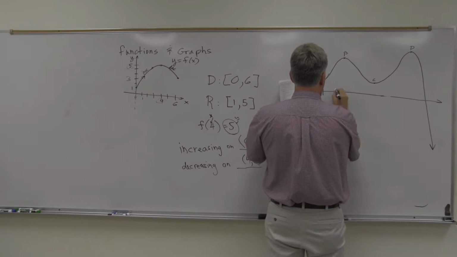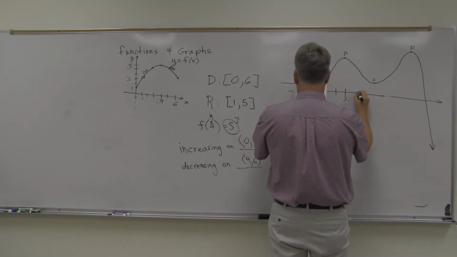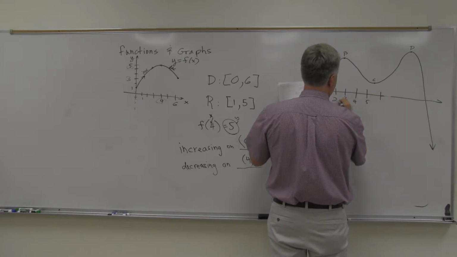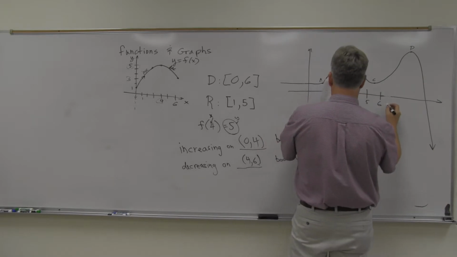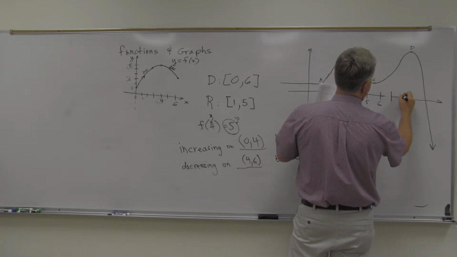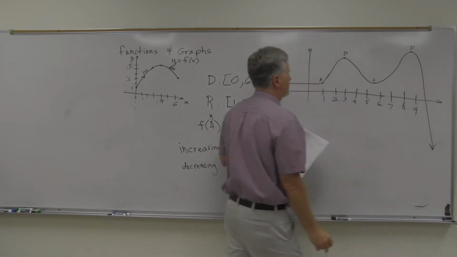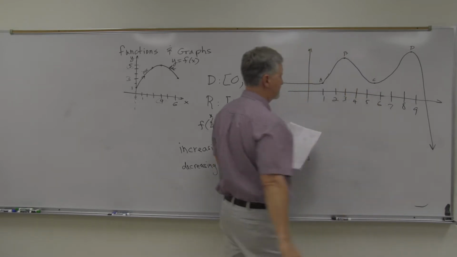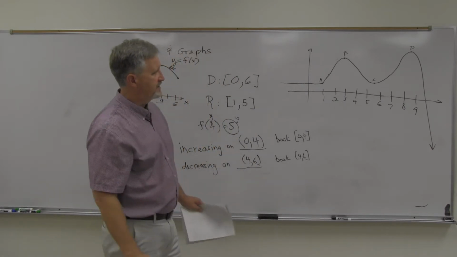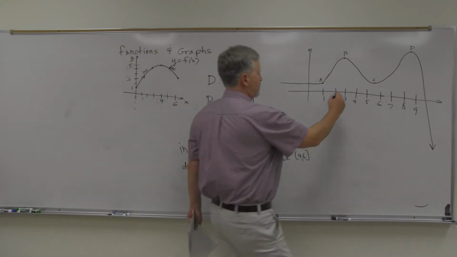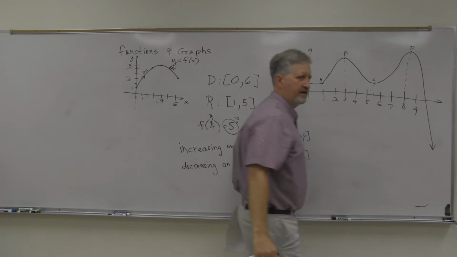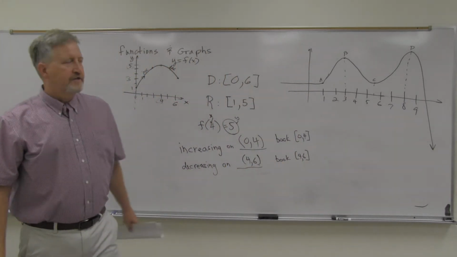Looks like I want to call it A1, B's at 3, C's in between 5 and 6, and D. So A is above 1, B is above 3, C is actually halfway there between 5 and 6, and then D is right above the 8. Keep playing along there. I have a handout to show you. Okay, so